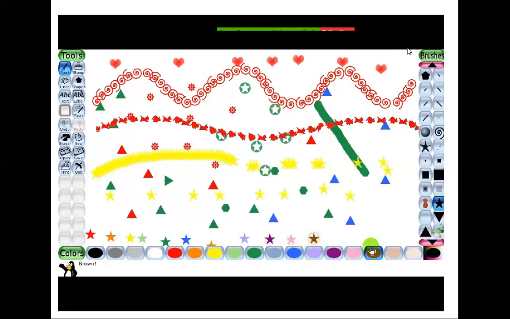You'll select a color from the color box and you'll just click over there. It will come in that color. So this is about using the paint tool.